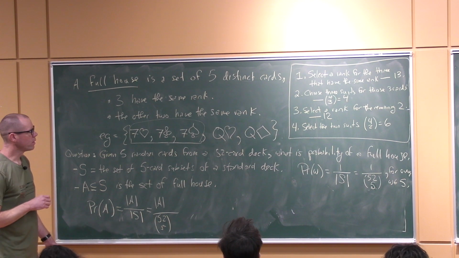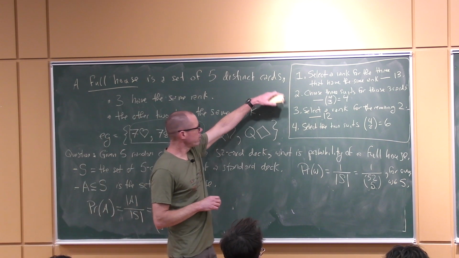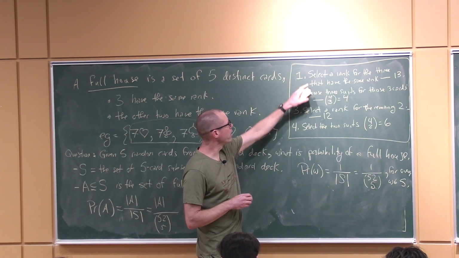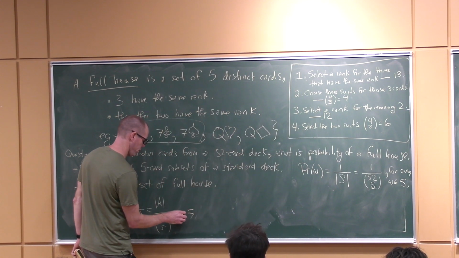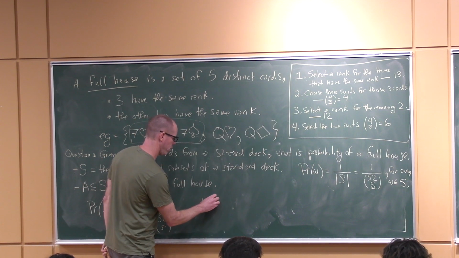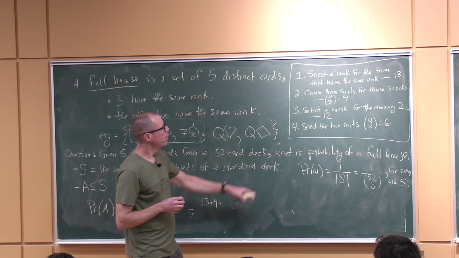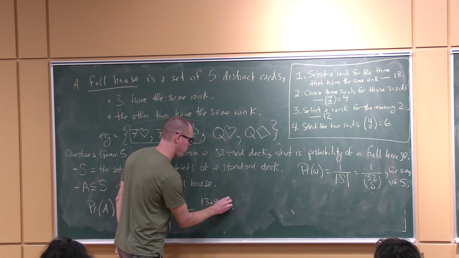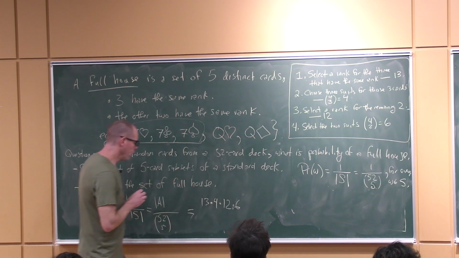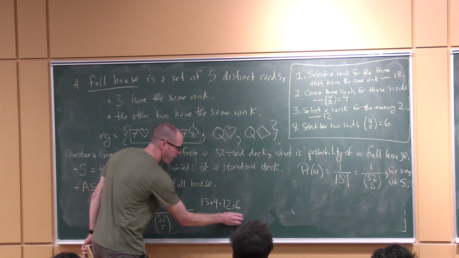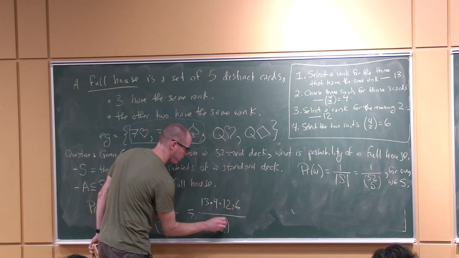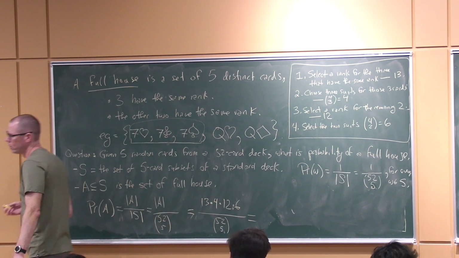All right, so the set A we now know has size 13 times 4 times 12 times 6. And so the probability of A is that over 52 choose 5, which is equal to